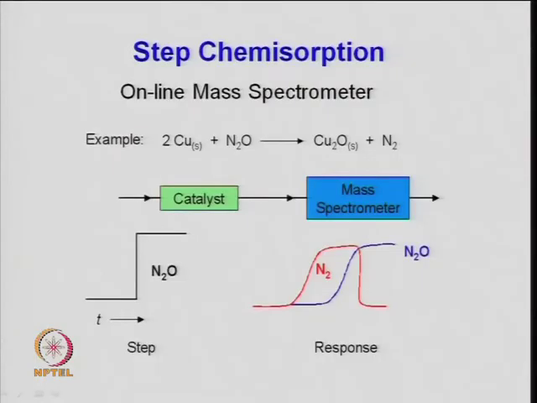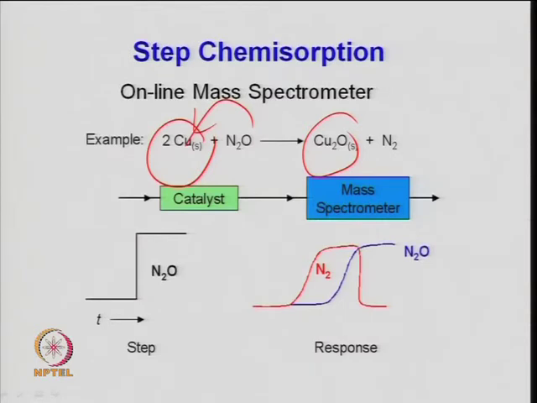So, the approach that we have discussed. This is shown for nitrous oxide adsorption on copper. So, this takes two sites, two metal sites. So, adsorption, and this gives you something like this. Because it is a chemical adsorption, copper oxide forms.